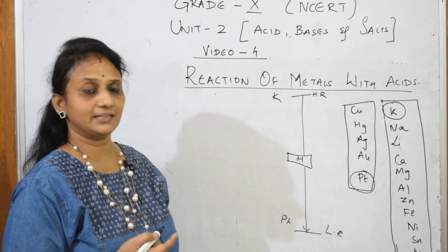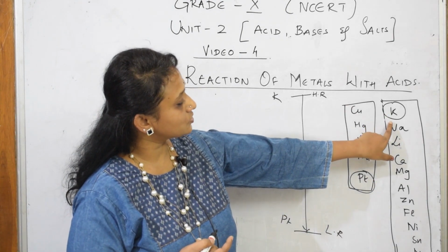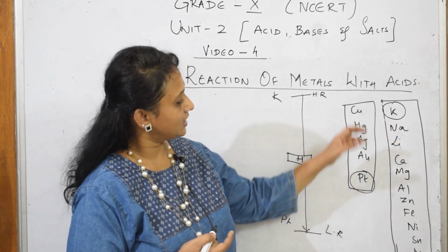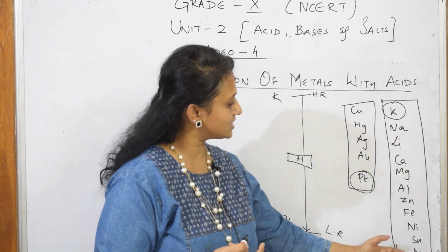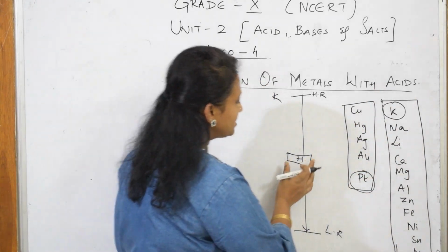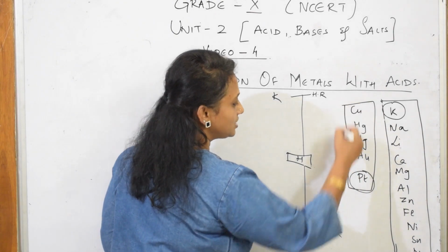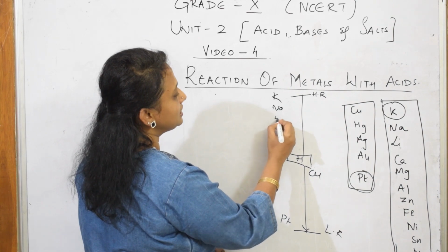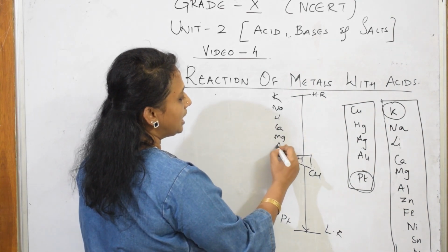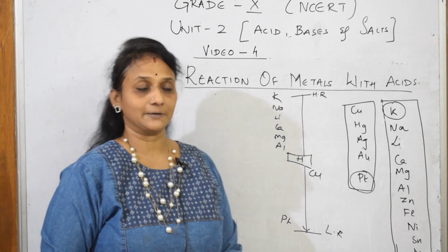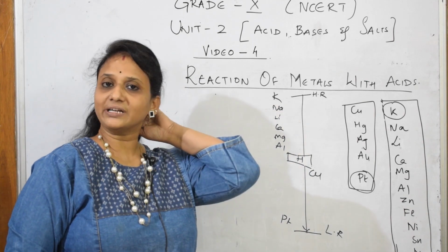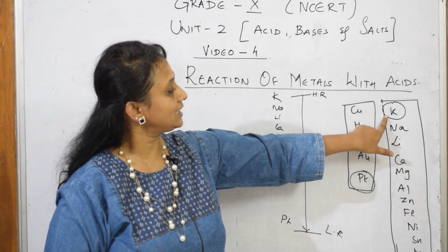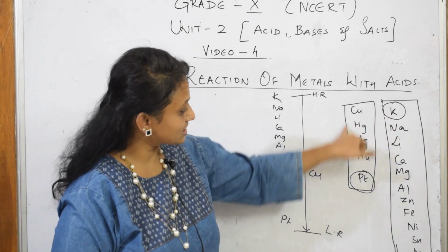Now remember, why did I take this? Reactivity series: potassium is strong, highly reactive, all these till here. In the center of this whole series there will be hydrogen. Hydrogen comes after these, so this is the lower part. Copper is here, platinum is here. Here potassium, sodium, lithium, calcium, magnesium, aluminum, all these will come. Yes, students, done. Whenever I speak about metals, two concepts you can learn. You can say a highly reactive metal will displace least reactive metals.